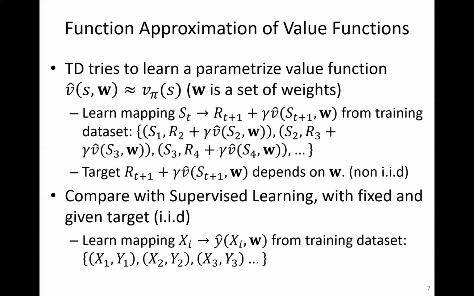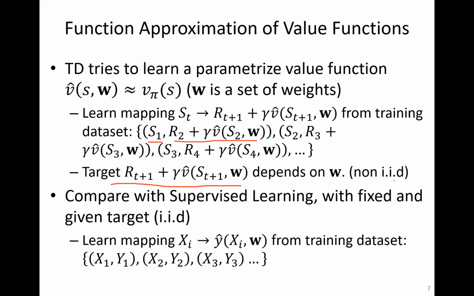And also we can use TD. So TD uses a parameterized value function to approximate the true value function v pi, and you're trying to learn a mapping from a state to the target value, which is next step reward plus next state value times gamma. So now the target is dependent on W. It's non-IID,